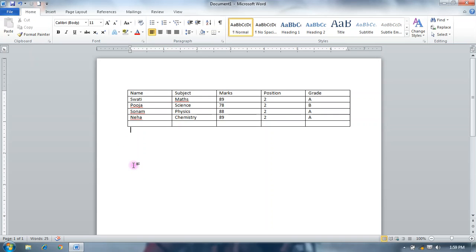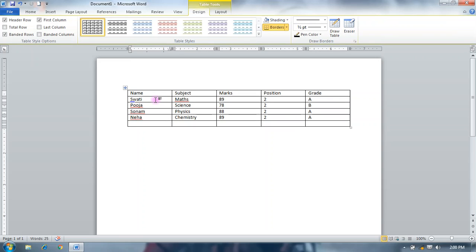A table is a combination of rows and columns, and when a row and column intersect each other, this rectangular box is known as a cell. You can type your data in this cell by double clicking or by selecting the cell and pressing F2. So this is your cell.